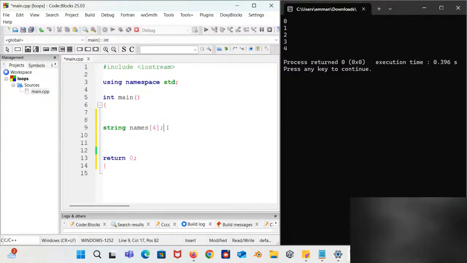Now, if you want to initialize that, when you say initialization, I believe you all understand where you assign values to the variable on the spot when you create it. So if you want to initialize, you then come here. We bring the curly brackets here, then the names. So let's say Kofi.